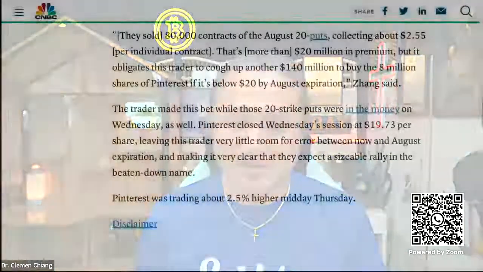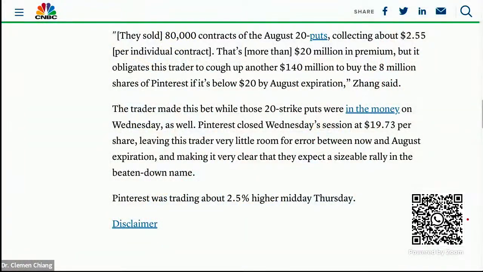And I'm going to give you the answer right now. All right? I know you have tried your best. This is not simple. You probably have to rewind and play back this particular YouTube video. It's so fascinating, right? Let me tell you what's wrong. The whole thing was wrong because he assumed that the trader sold 80,000 contracts. I don't believe the trader sold 80,000 contracts